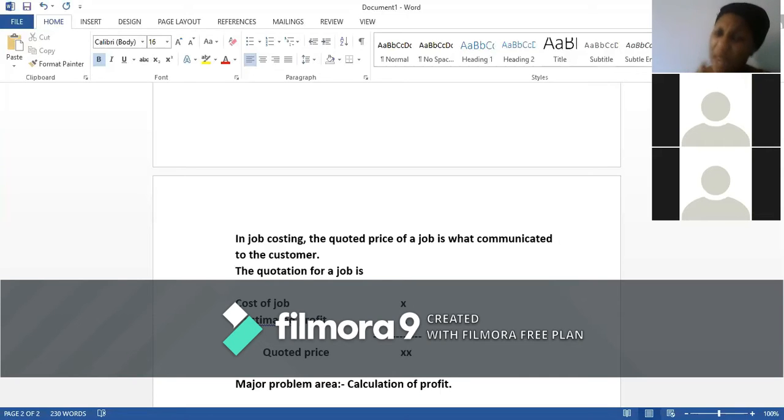What would the examiner be looking at examining? The examiner will be looking at, can you calculate the profit? Can you estimate what the profit is going to be? Because he already knows that you know how to calculate direct material cost. So in arriving at the cost of the job,